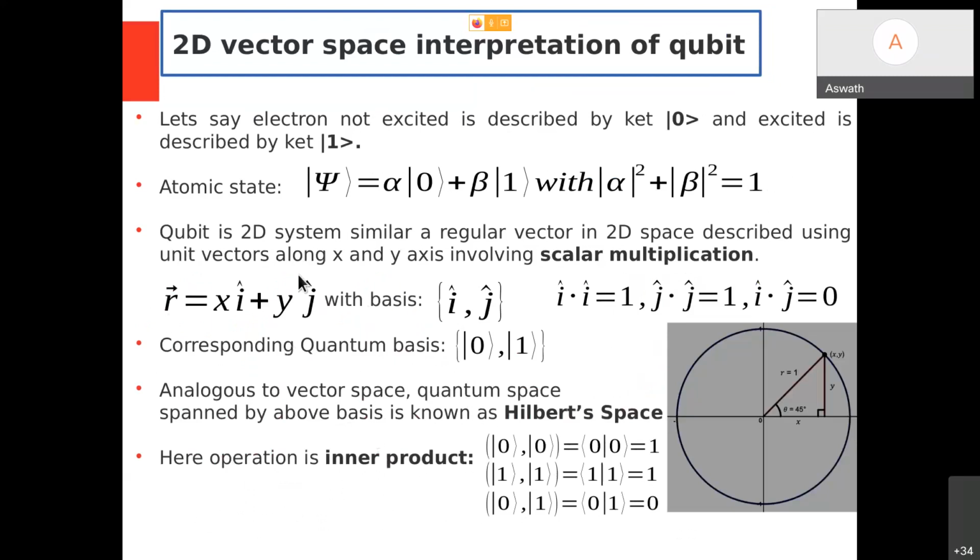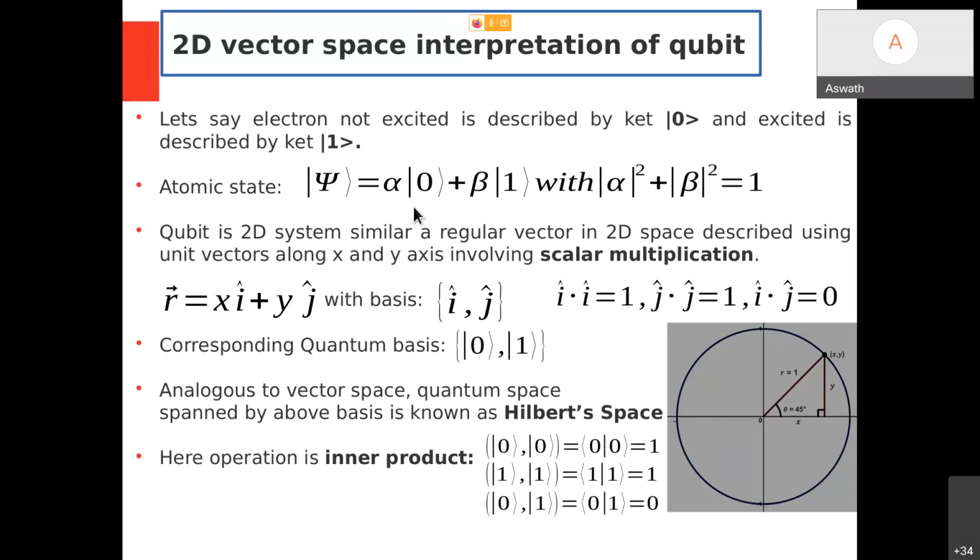So let's take a two-dimensional vector for us. R is equal to xi plus yj. What are i and j? i and j are the base vectors which describe the x direction and y direction. So I wanted x of a particular value, y of a particular value, so that x square plus y square should be 1. So what I'm doing is confining myself to a unit circle. If the radius length is 1, I am confining myself to a unit circle. In that way, I'm trying to relate my two-dimensional vector to this quantum state.